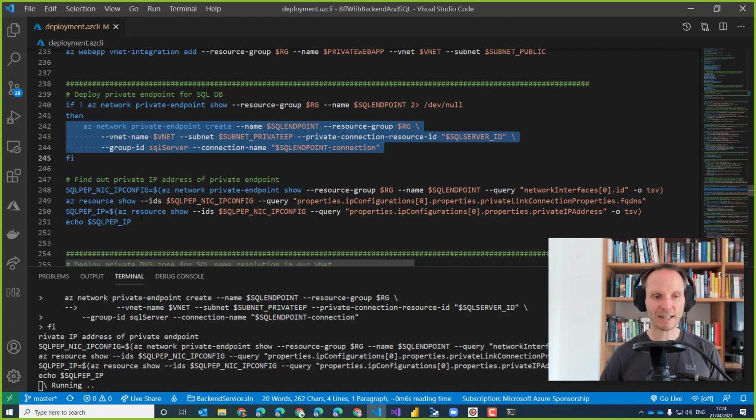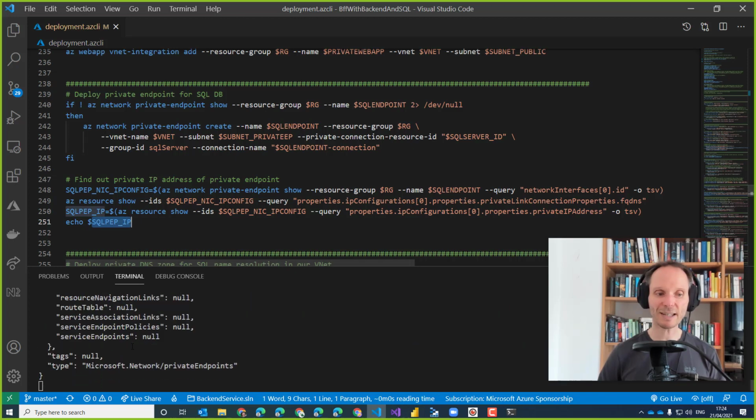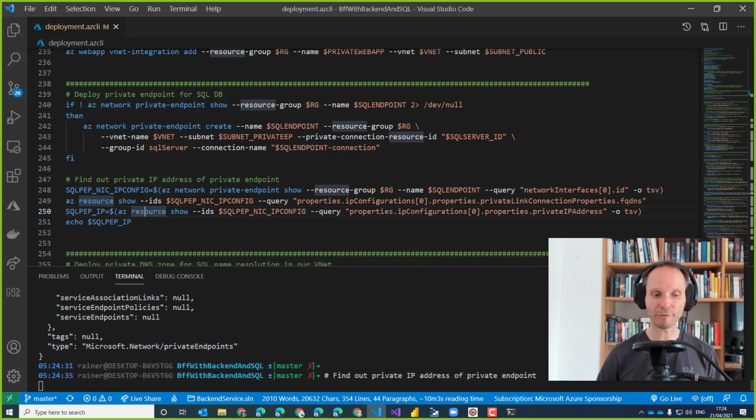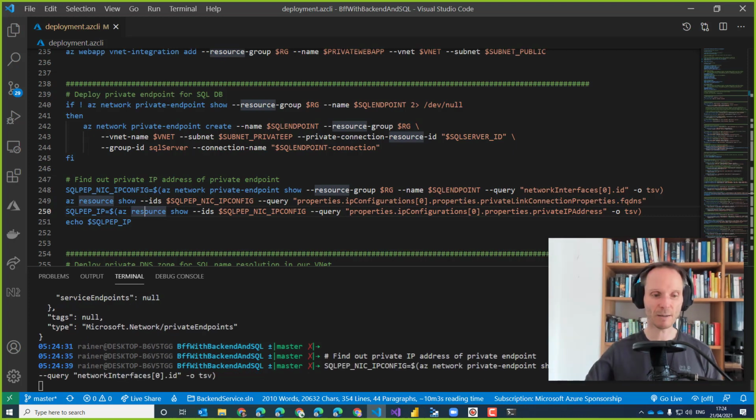The thing that is standing down here, I will not go into the details. It's just a bunch of querying to get to the local IP address. I simply would like to print the local IP address at the end of my script on the screen. And it should be visible in only a few seconds. I will take a sip of water and then we should see the results, hopefully.